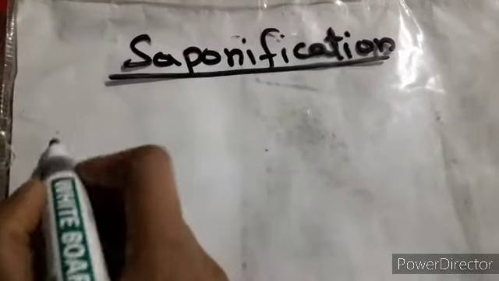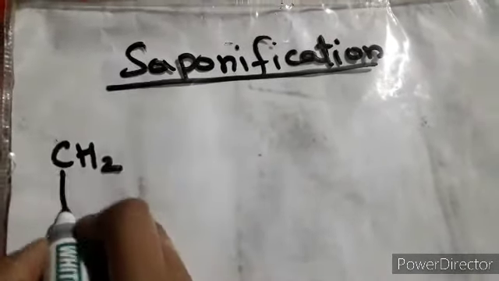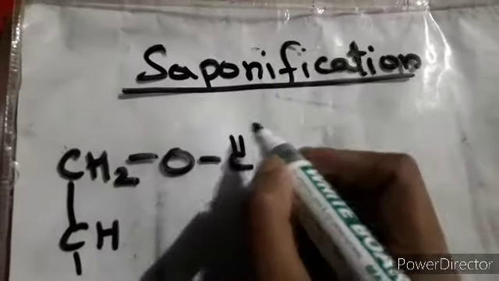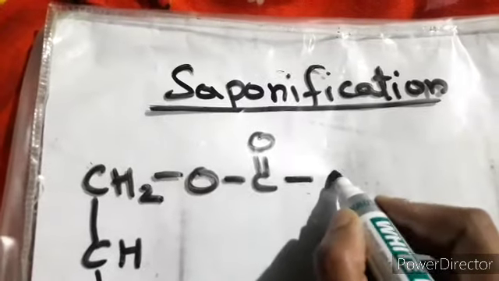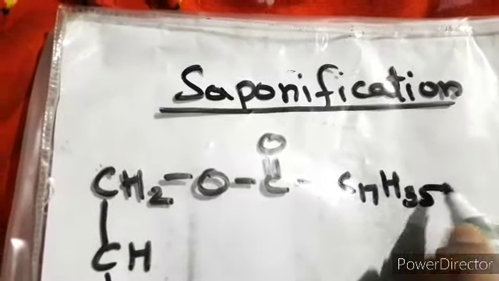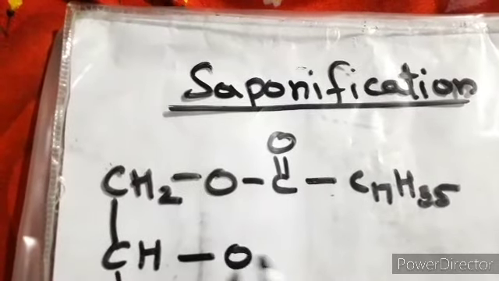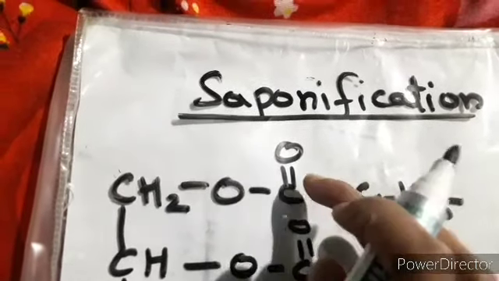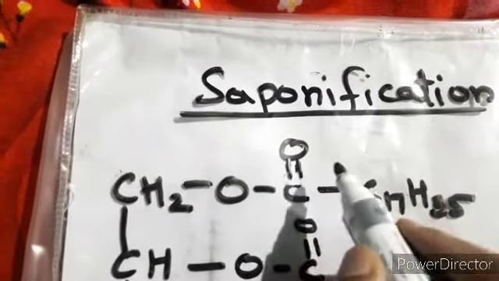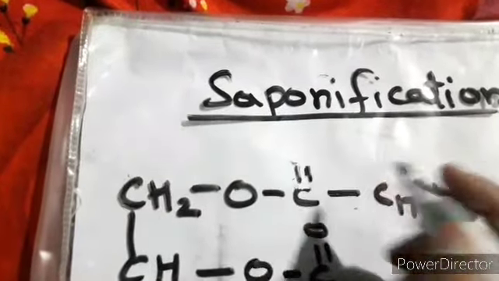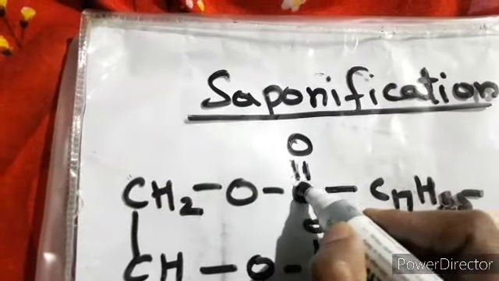Now I am writing the reaction for the saponification, in which I'll take a fat or oil, and over here I am using the glyceryl ester of stearic acid, and its formula is CH2, single bond, O, then C, double bond O, then C17H35. Similarly you repeat the same thing. See, it's a double bond O, make sure that it should look nice, right? And O should not be attached, but it should be shown like this.